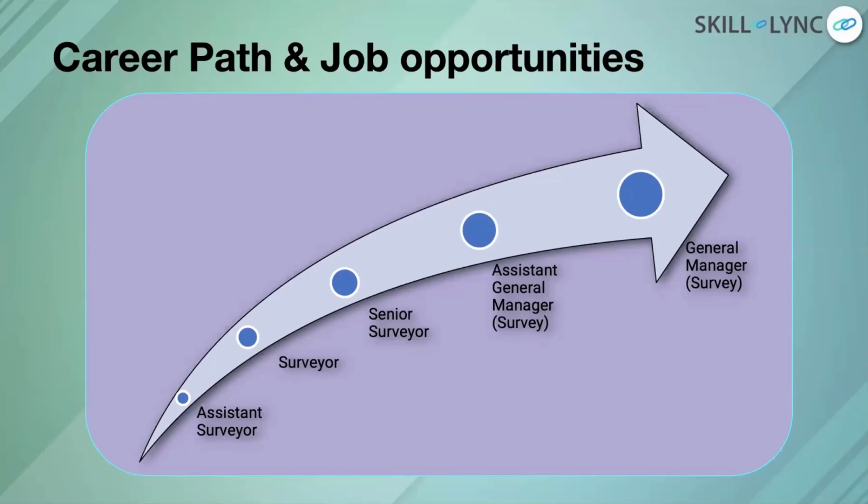Now, as I said, this is a very, very conventional path. Not everyone goes through this path. Some of them go through this path, but some of them also look up to different options. Like if you're good in processing images using software, then you could apply for jobs with, let's say, the Meteorological Department of India. Okay, let's say I'm going to do a weather survey, or if I want to do a mine survey, maybe you could even apply for jobs in defense organizations. So it's up to you.